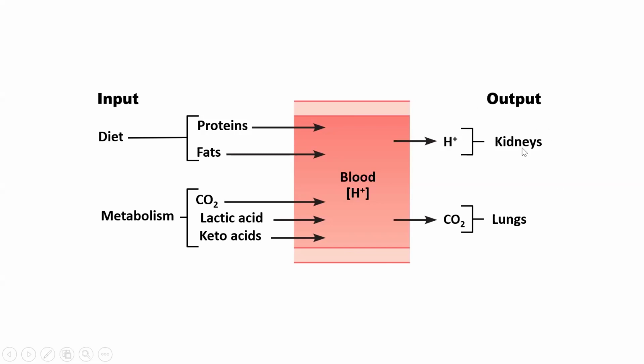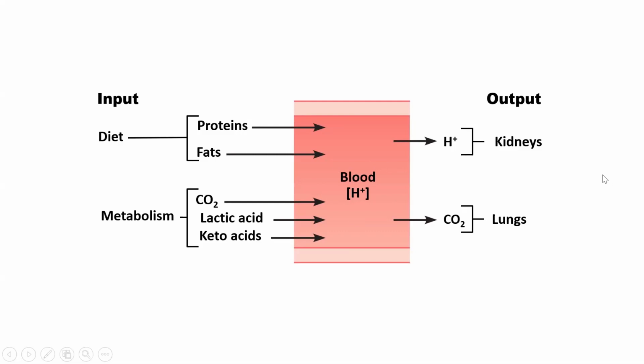So the kidneys have the ability to secrete hydrogen ions and lose it in the urine, and the lungs have the ability to blow off excess CO2, again losing it through excess ventilation, blowing it off through the lungs. And so these are two ways that we can lose some of the acidity that may begin to build up